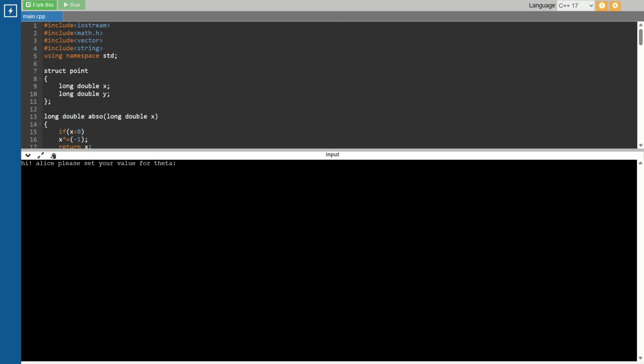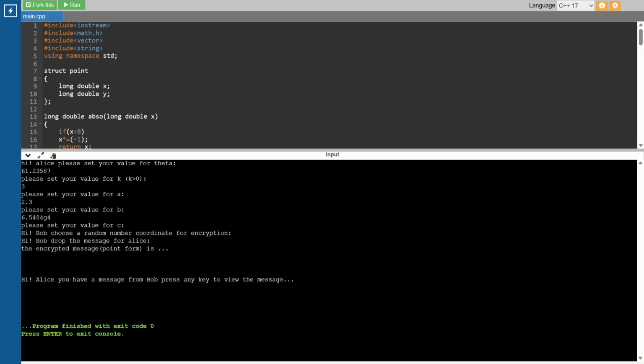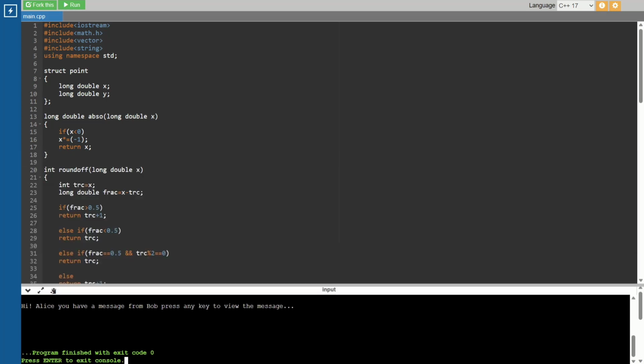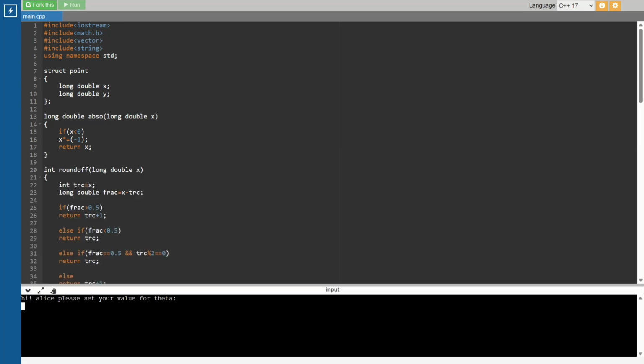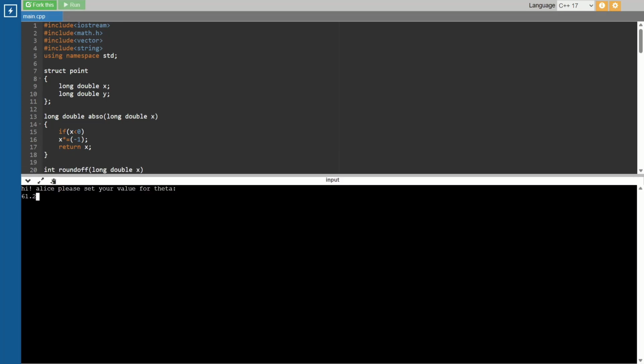Here is our code. For example, I choose the value of theta to be 61.23 something, randomly. Then I choose the value of k to be 3, the value of a to be 2.3, and the value of b to be 6.56 something. I would like them to be random numbers so that we get some random solutions.